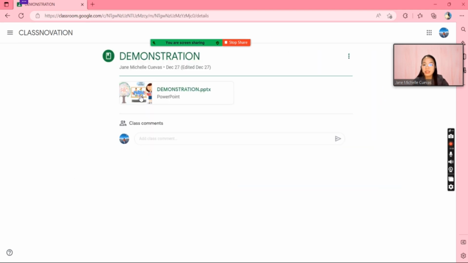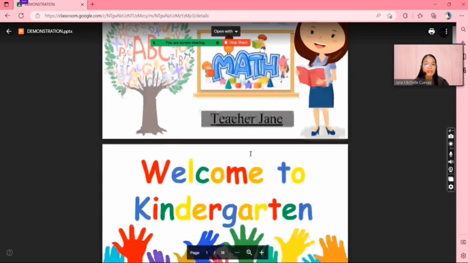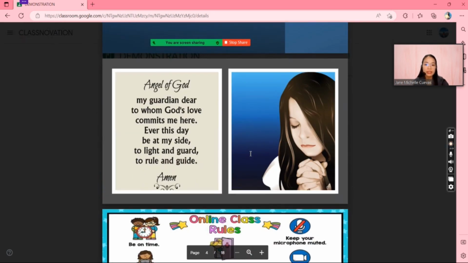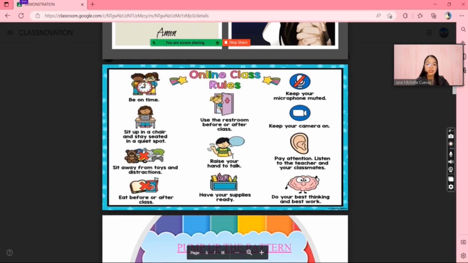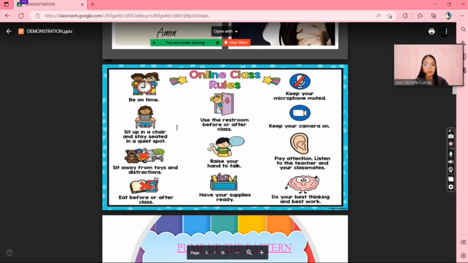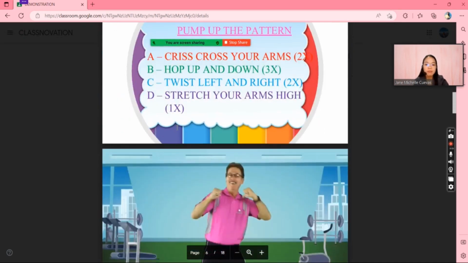So I will open the file demonstration. As you can see here, the subject is math and the level is for the kindergarten. So don't forget the prayers. It's very important to start your class, as well as the rules. During the pandemic, it's all about the online class rules. And then before that,